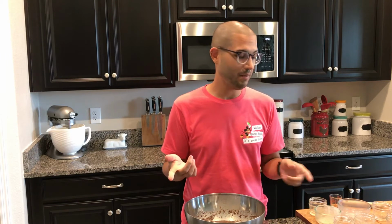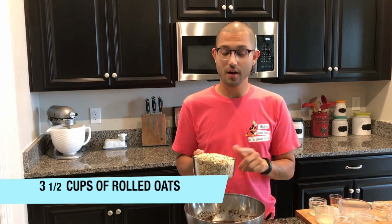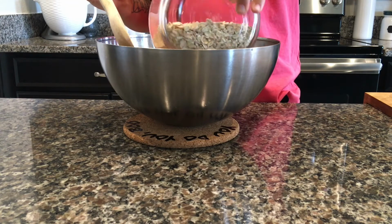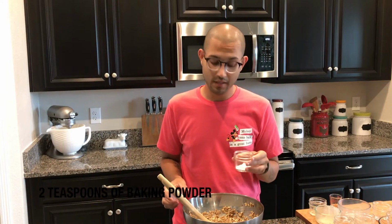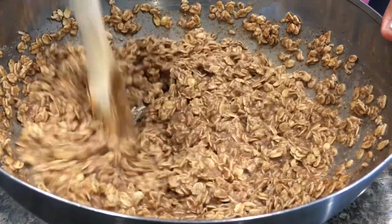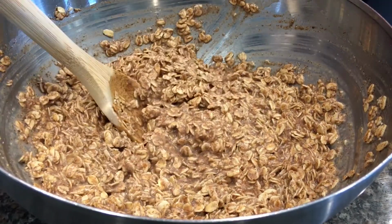Time for our oats and our baking powder. So I'm gonna start by pouring in our oats. And now we'll add our baking powder. Stir it all up and make sure everything is mixed together, and then you'll be ready to fill up those